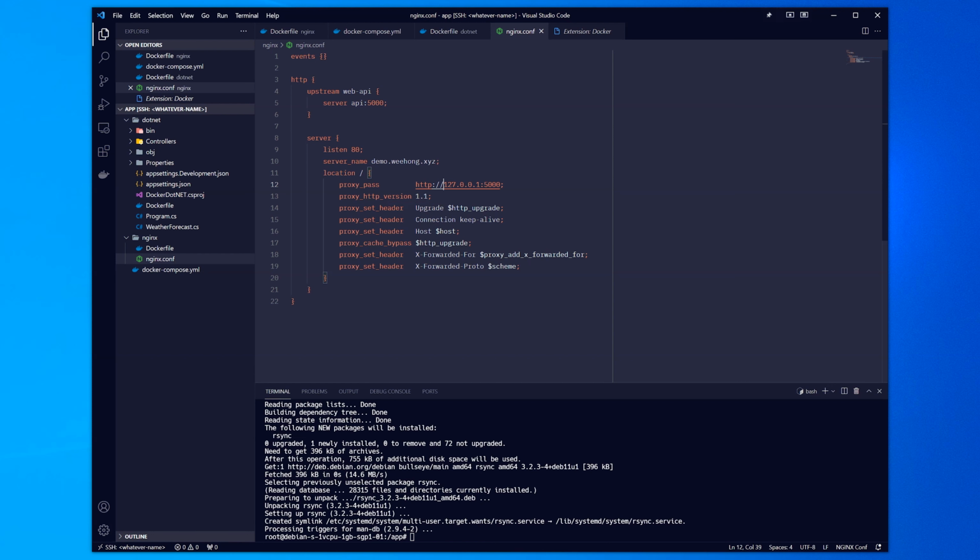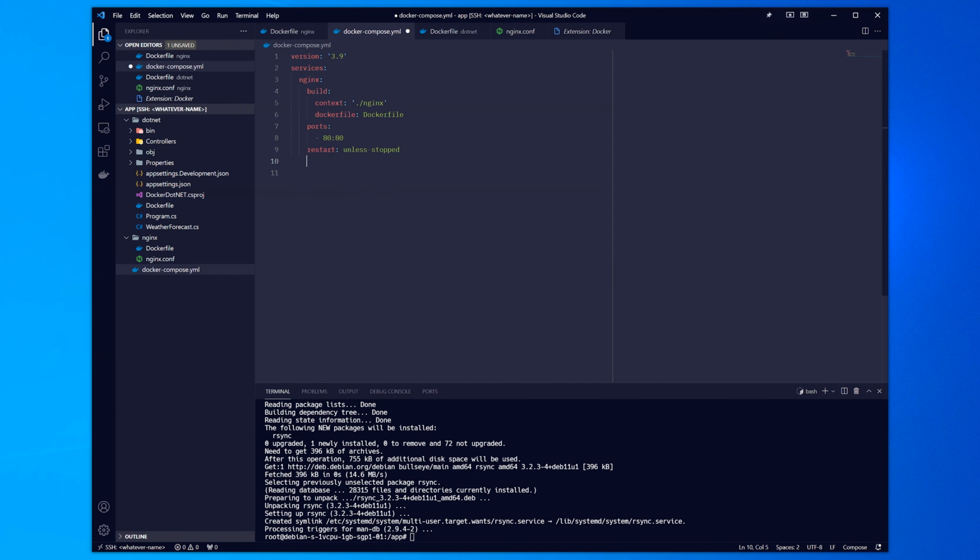Another thing that we need to change is that we have to replace this HTTP with our upstream, which is the web API in this case. And this API, I mentioned it wrongly just now, this API we will be fetching from the Docker Compose. So right now we have to go back to our Docker Compose to define our service name API. Then from here we have to write the build context from .NET Dockerfile,